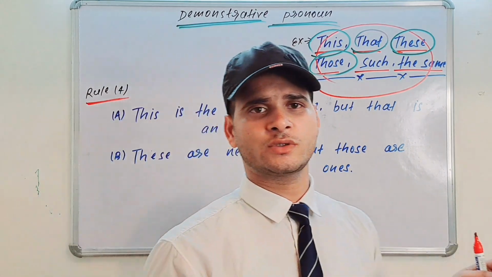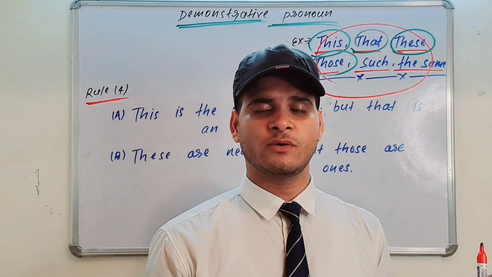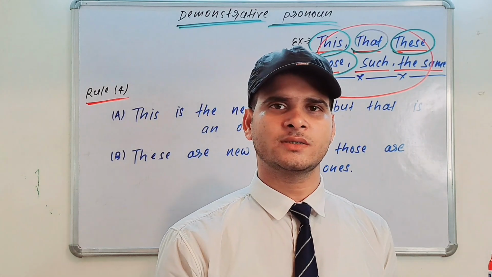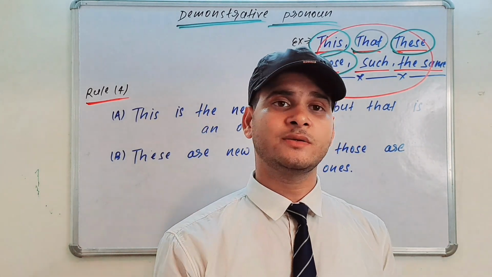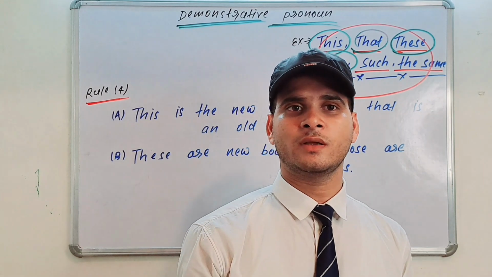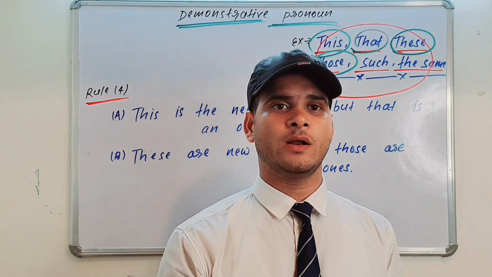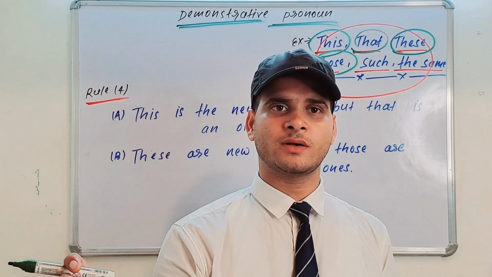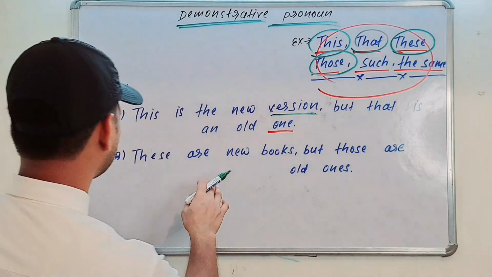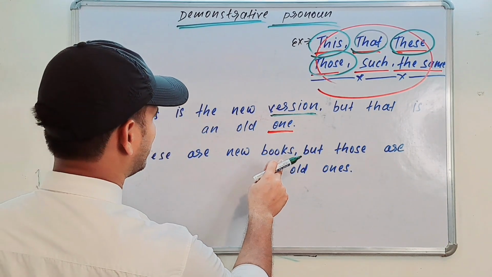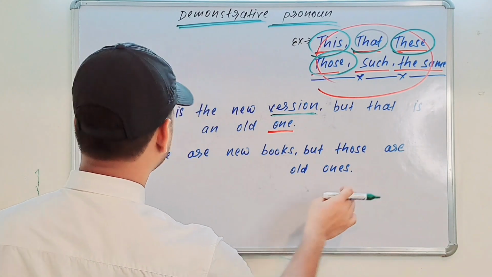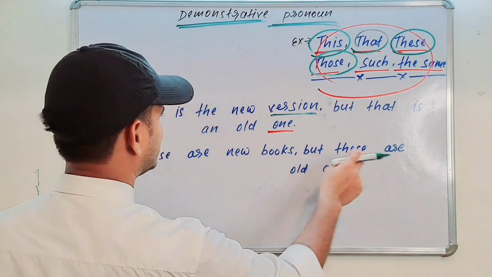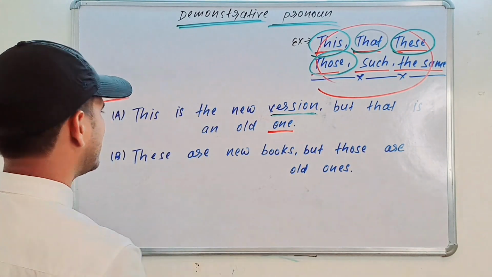We don't use the repetitive noun in a sentence. So we eliminate the repetitive use of a singular countable noun, and we use "one" for a singular countable noun. And the next sentence: these are new books, but those are old ones. These are new books, but those are old ones. Okay, these are